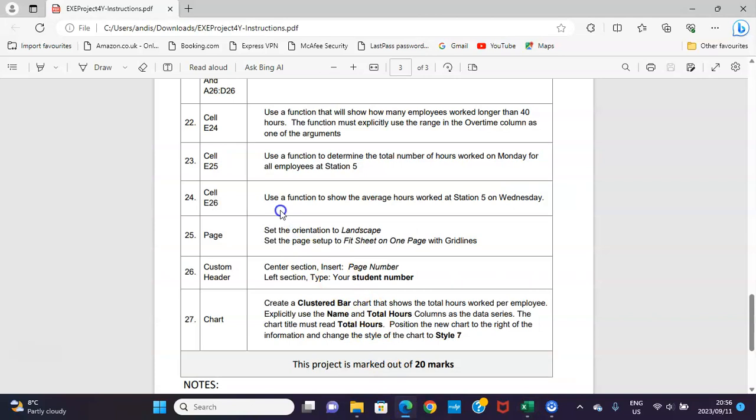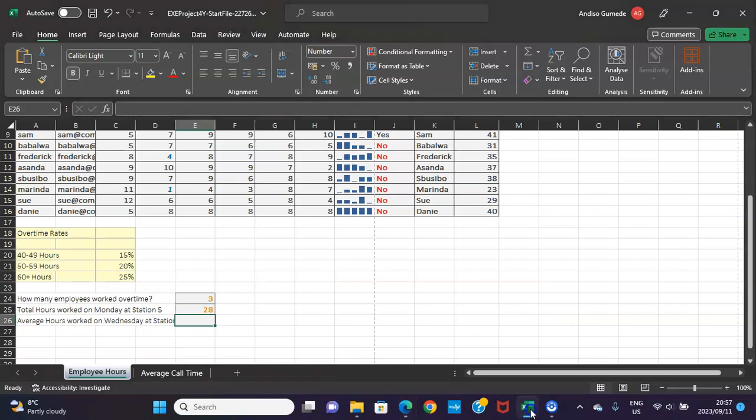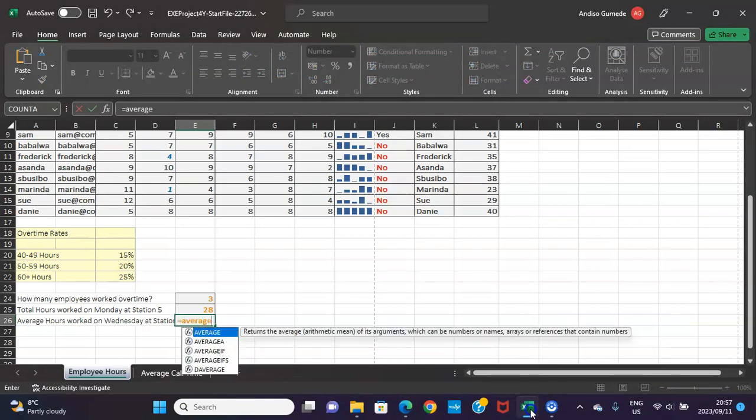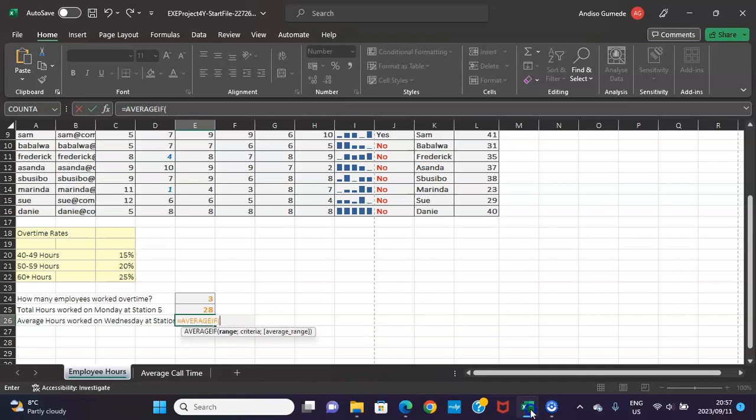Use a function to show the average hours worked at station 5 on Wednesday. Again, we are looking for the average for only station 5 on Wednesday. So let's go to it. AVERAGEIF finds the average, arithmetic mean, for the cells specified by a given condition or criteria. Here we're given a condition which is station 5. We are only focusing on the ones worked at station 5. So AVERAGEIF, press tab,